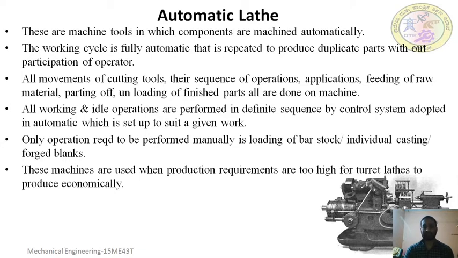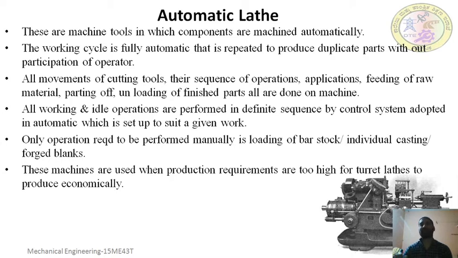That's why the automatic or semi-automatic lathe is mainly intended for producing identical parts in mass production. If a company is producing the same component throughout its day or throughout its span, that kind of company will use the automatic lathe, because no different kinds of operation are required. If another order comes, they change the setting so that it produces different components.